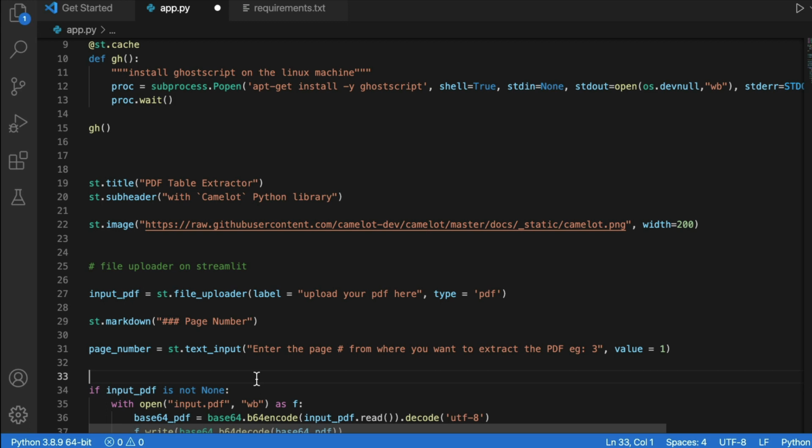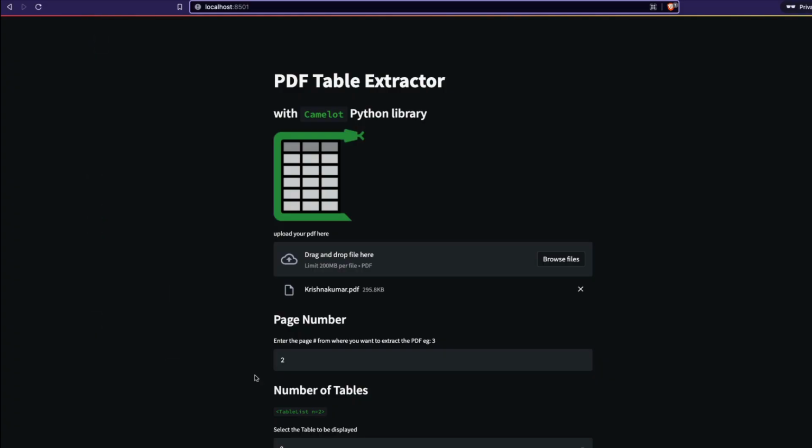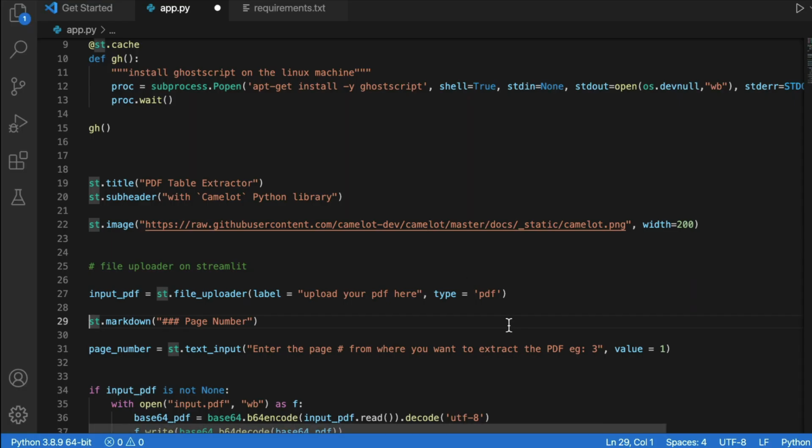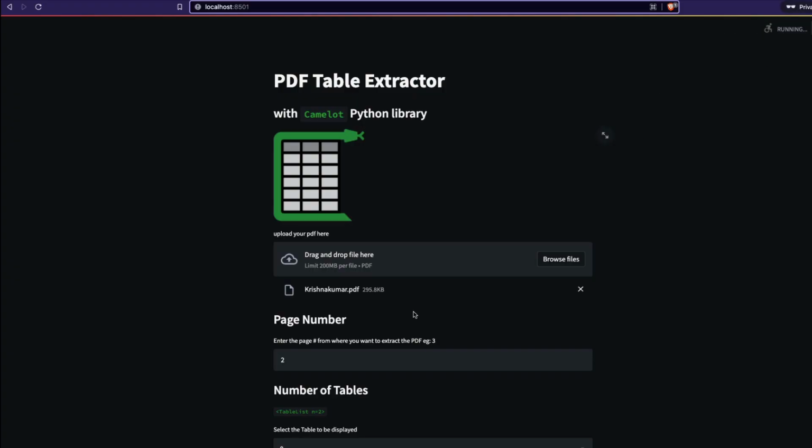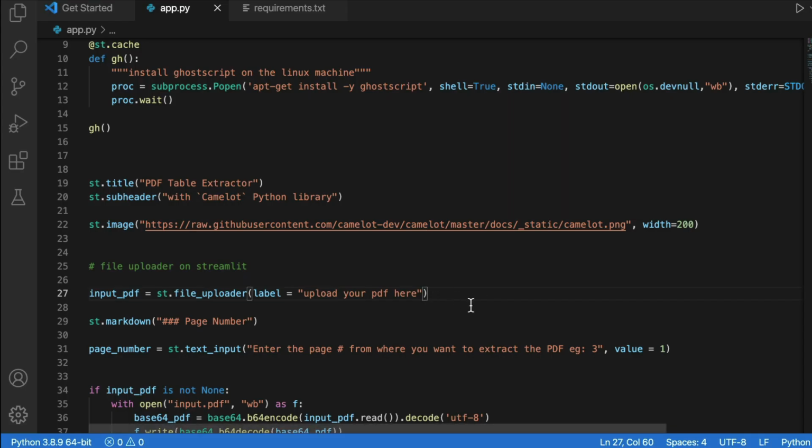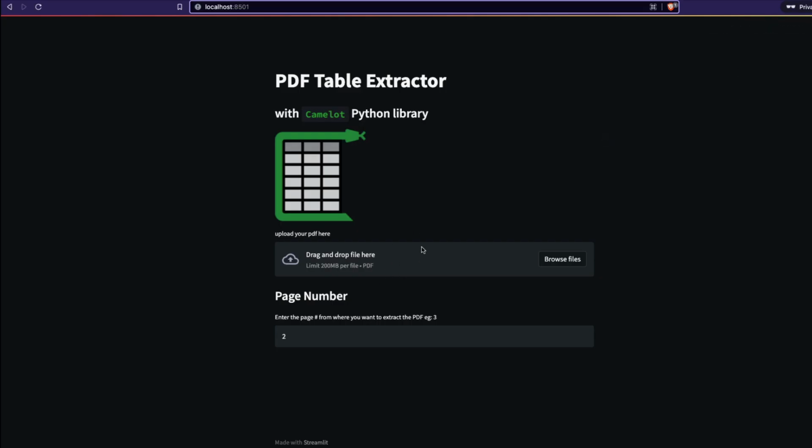Okay, that's a lot of input for you. So the file uploader is here to make sure that people can upload only PDF. I'm saying file uploader type should be PDF. If I do not have this, you can come back and see here, it doesn't say PDF, but when I have type equal to PDF, you can see that it makes sure that we upload only PDF.